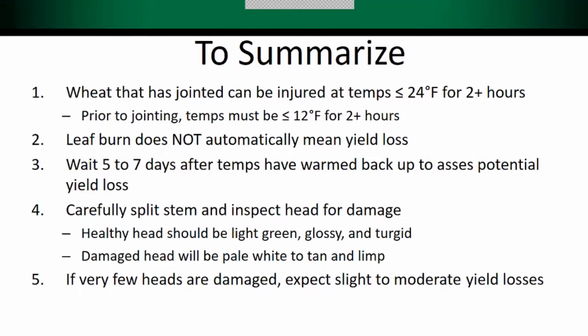So remember that means really stiff. It shouldn't be limp. The damaged head will be pale white to tan and limp, so it's lost its rigidity. It's going limp in there. And then that last point, if few heads are damaged, then you can expect slight to moderate yield